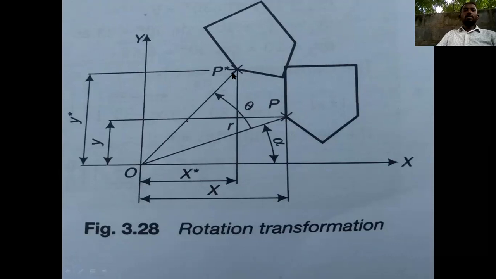So that is why it is P dash. For P dash, the X direction is X dash and the Y direction is Y dash. Here the rotation angle is theta one, and the radius is R1. It is P to P dash, the rotation of the transformation. This object we are rotating through some angles in this direction, from here to here.